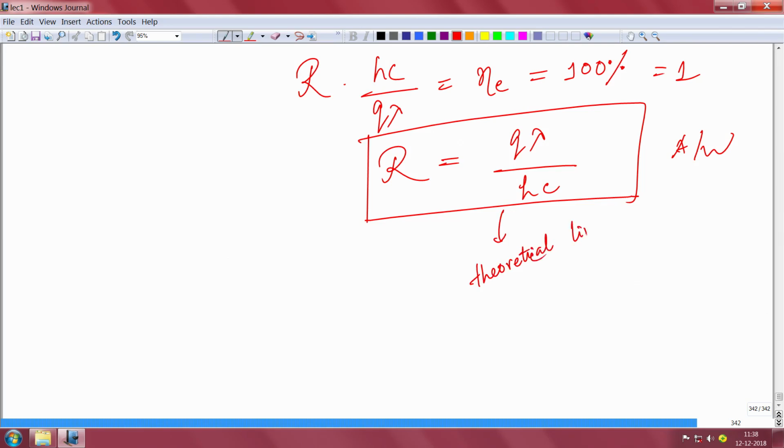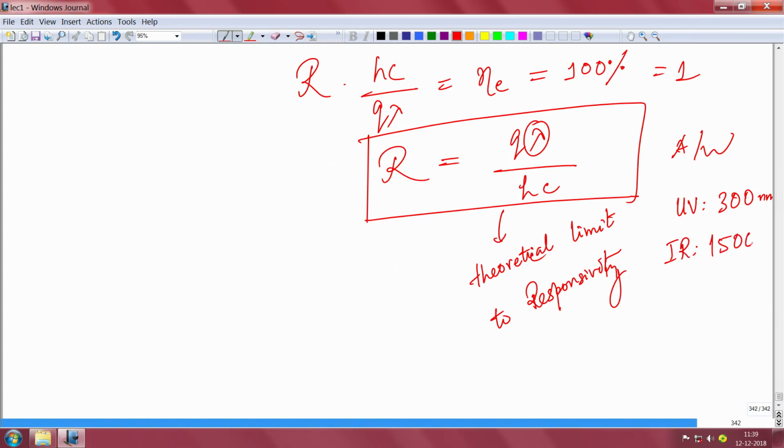Sorry, this is the theoretical limit to responsivity of a photodetector. Surprisingly, this depends on lambda, which means if I talk about a UV detector of 300 nanometer wavelength, and compare that with an infrared detector of wavelength, suppose, 1500 nanometer, then the theoretical responsivity for UV will be almost,